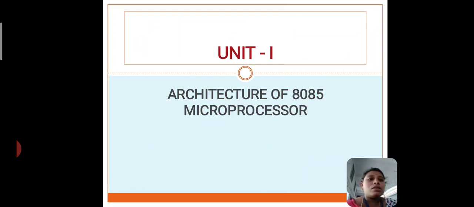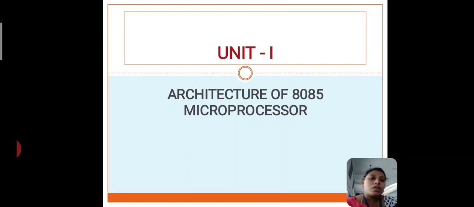Today our topic is the architecture of the 8085 microprocessor. First, what is the architecture of the 8085 microprocessor? What does it contain? We can see now. A microprocessor is a single IC package in which several useful functions are integrated and fabricated on a single silicon semiconductor chip. So its architecture consists of CPU, memory modules, system bus, input or output units, ALU, timing control units, instruction decoders, and instruction registers. All are contained in the architecture of the 8085 microprocessor.